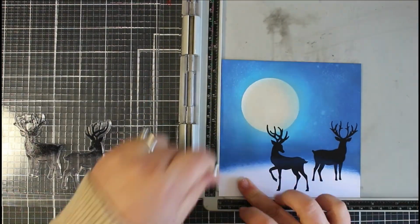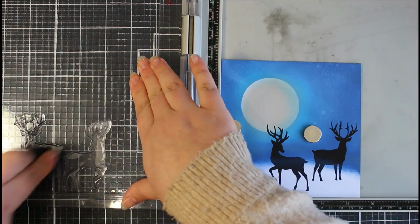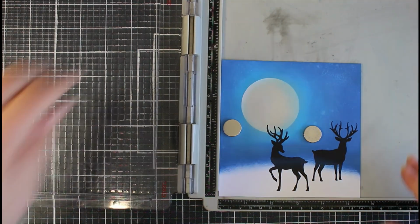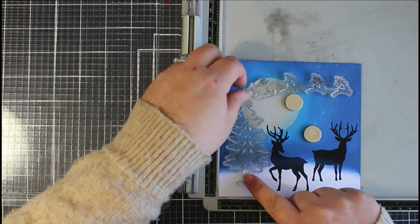And I actually found in the back of my drawer, I had a Ranger archival ink in the jet black. And I thought I would give this a go to see whether I could get it to go right over that distressed background. But yeah, you can still see it through, but I'm still really happy with how the card